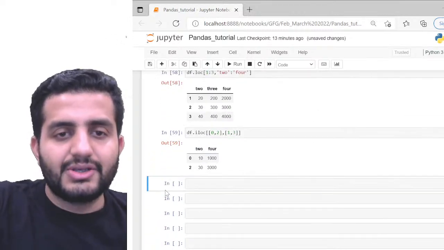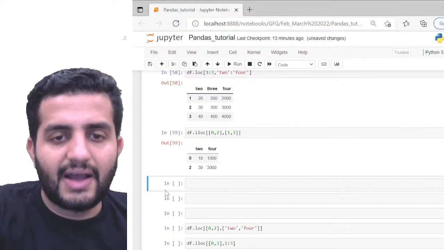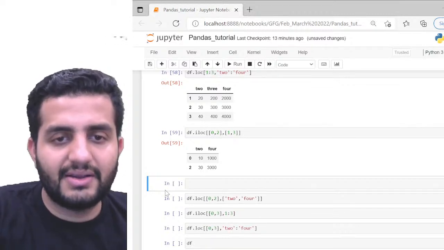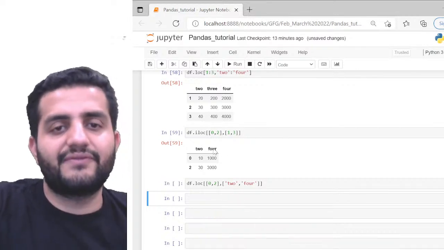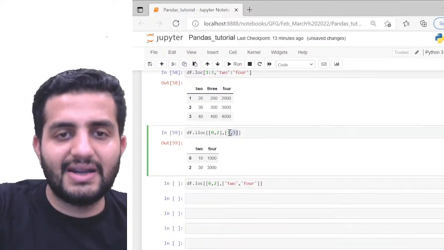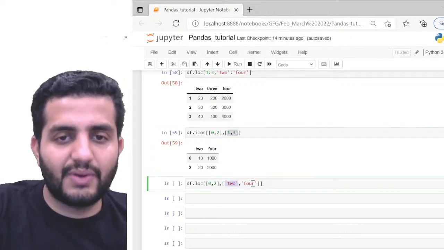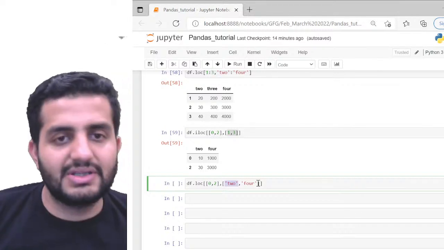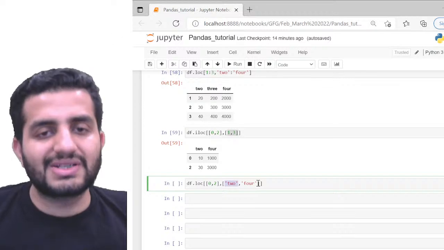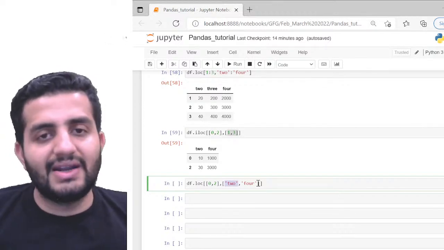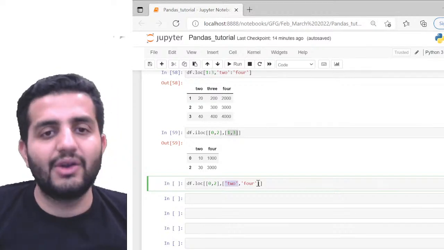Okay, so I have this one for iLock, still possible. I can do it for lock also, same thing. So I'm just giving you the same example here. So instead of giving this 1 and 3 as my indexes, I can rather specify the name of my columns, TWO and FOUR. So now you can ask me this question. What is the difference in that case? Because ultimately the outputs are the same, right? Either I give the indexes 1 or 3, or I give the names 2 or 4. So what is the difference here? Why do we have two things here?